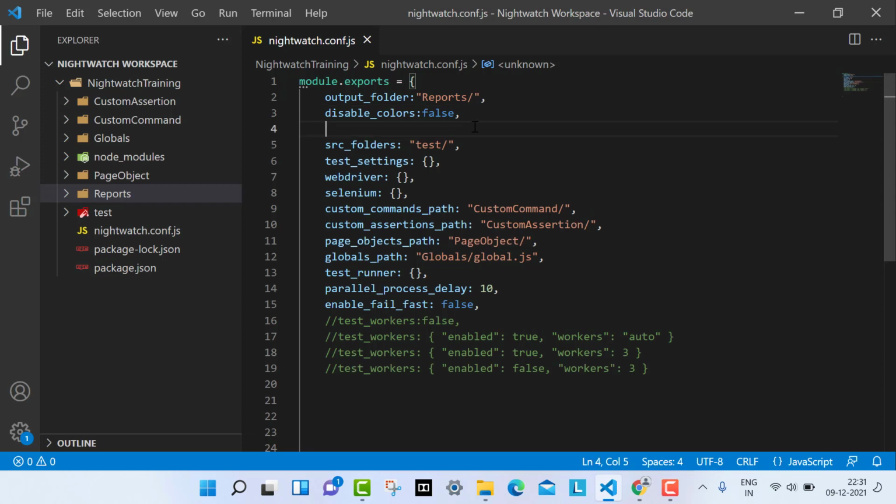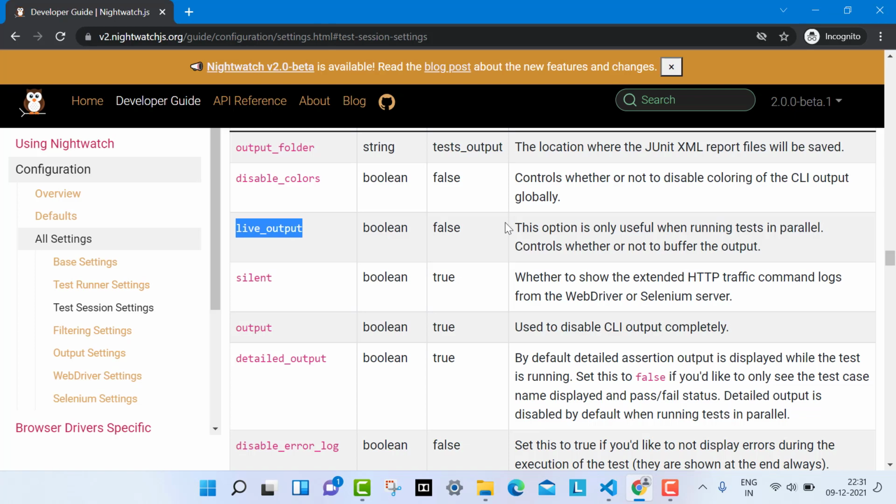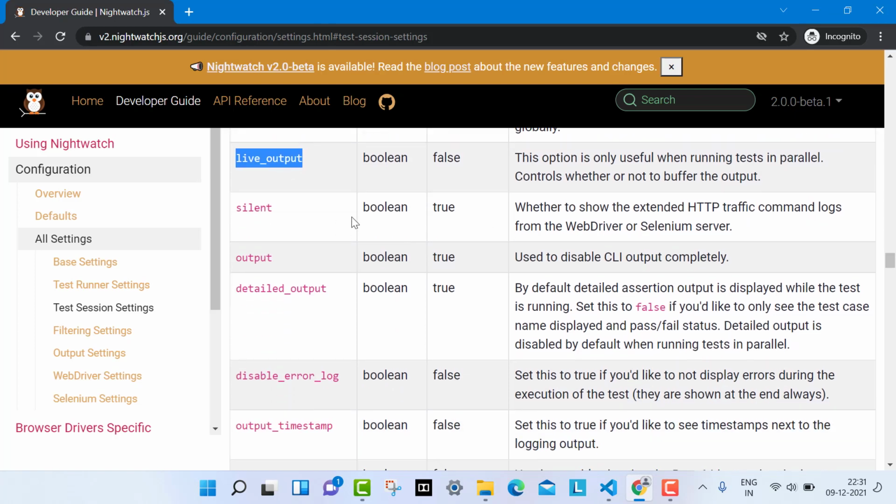I want to get the result in real time. The next is silent. It controls whether to show the extended HTTP traffic command logs from the WebDriver or Selenium server.